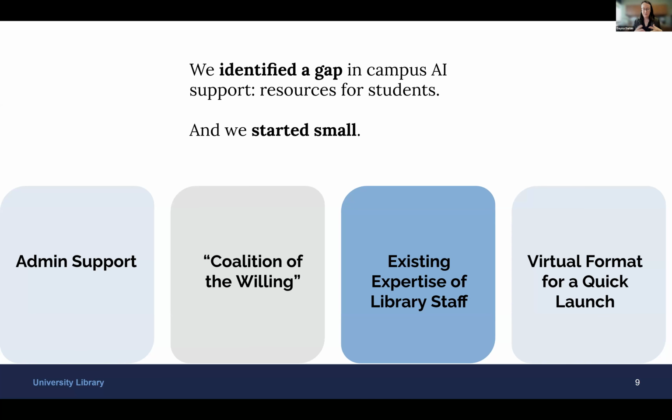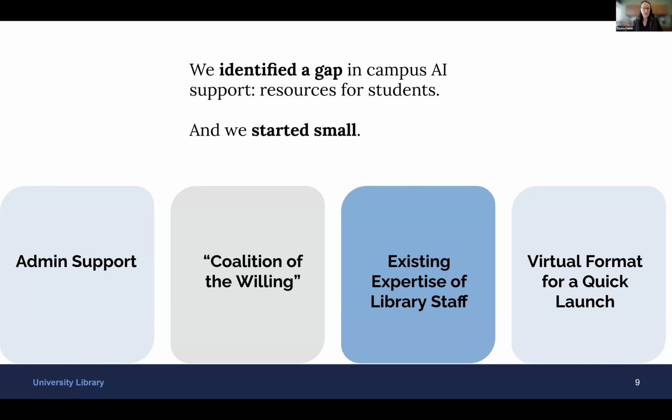Lots of support for faculty, but not as much at that time for undergraduate students. So we identified that as an audience or a gap on our campus. And we started really small, as I mentioned. We did have support from library administration who really saw the need for more AI literacy, wanted the library to be very involved in those efforts on campus, and was willing to kind of let us try stuff and experiment